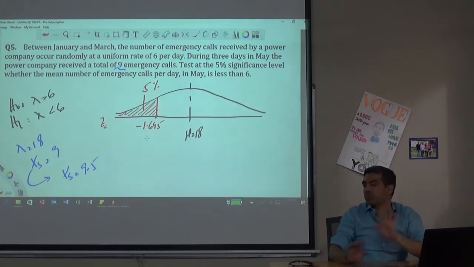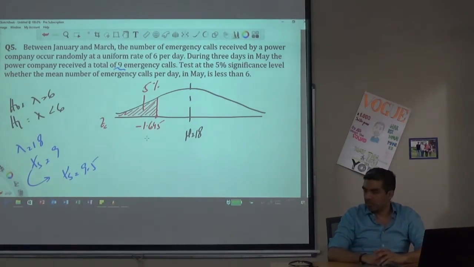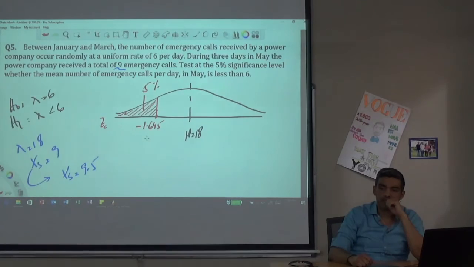Now see, this is a situation where you can use the formula as well because it's somewhere in between. But if you were using the formula, you would have to find the probability all the way from 0 till 9. So that's a long way. But the ease that the normal approximation offers is you don't have to go through finding each and every value's probability and adding them up. That's the ease we have with approximation.